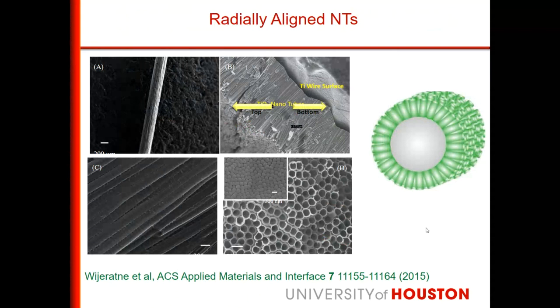And depending upon the application, we grow the nanotubes either on glass or film, or this is the nanotube array grown on the wire, titanium wire. So it is titanium wire, and the tubes are grown radially outward. So this is used for an application called phosphoproteomics to separate the phosphorylated protein. So this is for the study of proteomics.